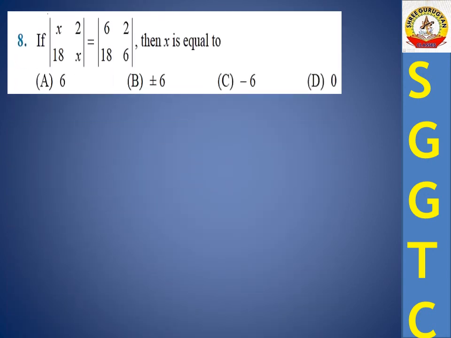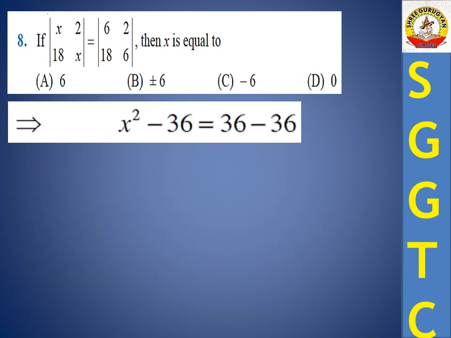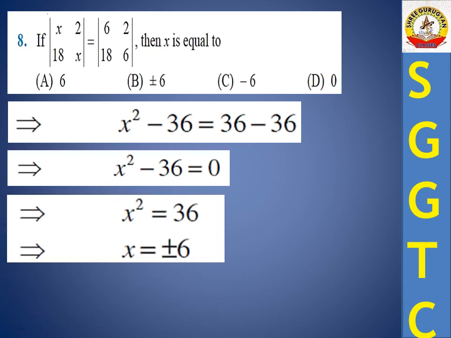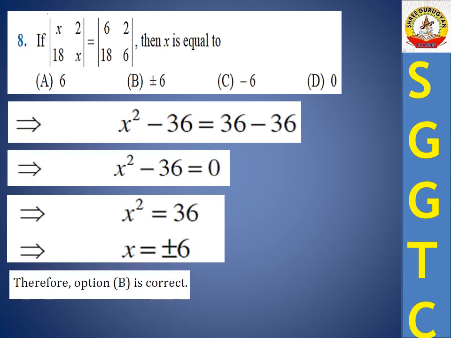Now question 8 is an MCQ type question, but students, see the 7th question, both of these are also MCQ type questions, asking in parallel to the 8th sum. So here also the given x 6, 6 x converting into principal diagonal minus secondary diagonal. X square minus 36, same as right side, 36 minus 36. So definitely you get that very easily. X square minus 36 equal to 0. X square equal to 36 and x is equal to plus or minus 6. So definitely my option is B, tick. Therefore option B is the correct answer. So my answer over here and 1 mark easily I am getting.